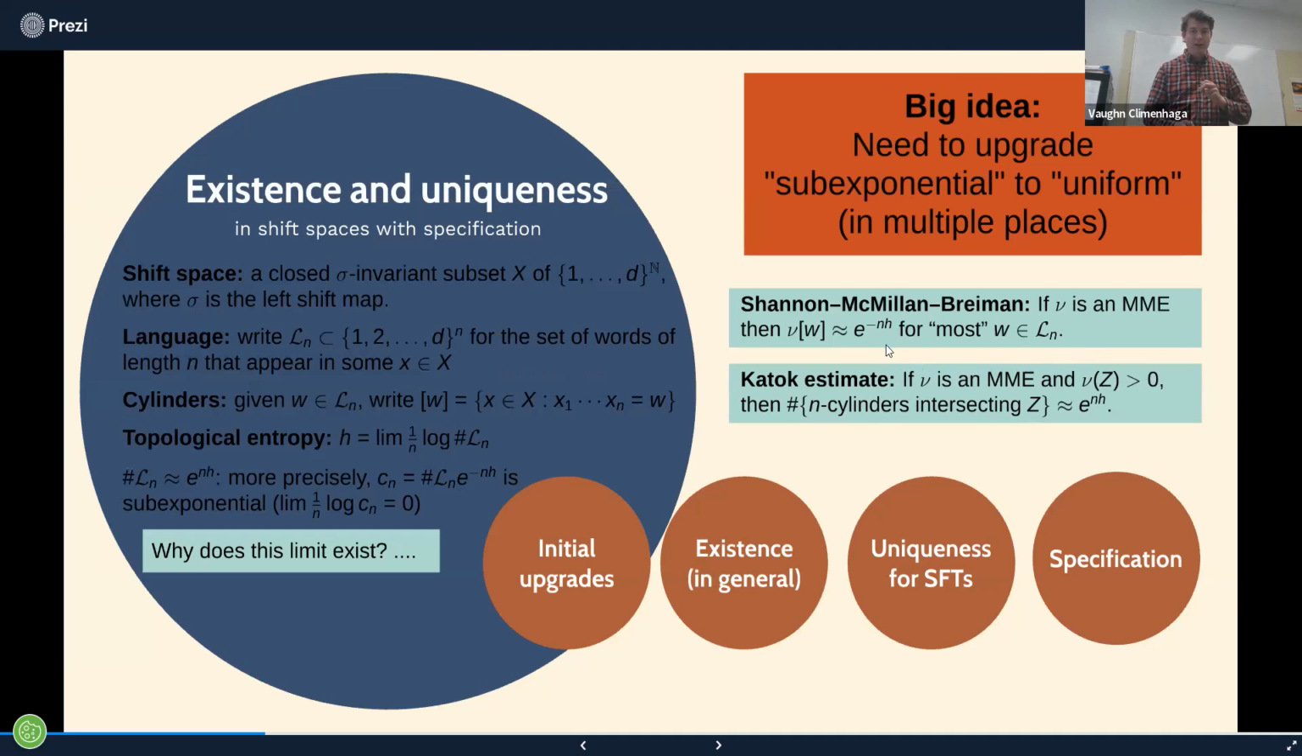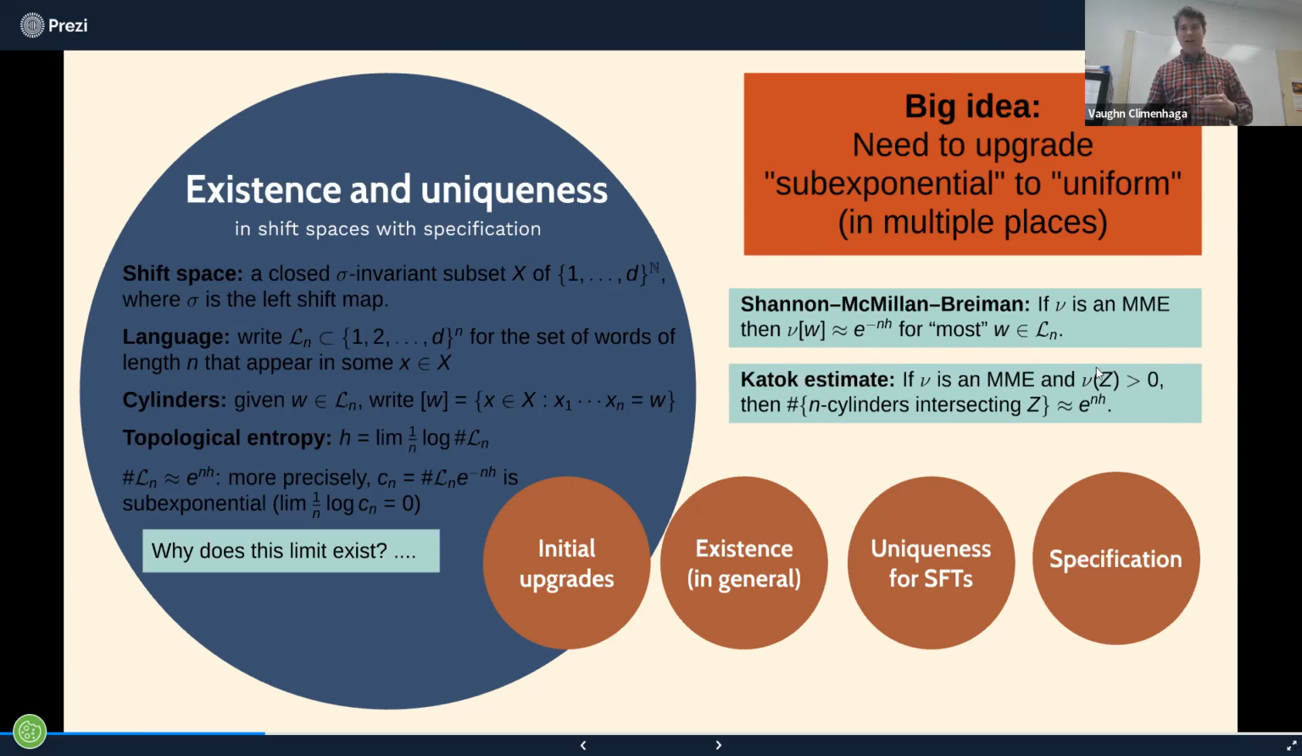But I do want to point out that this reflects the big idea from the first section. That is, equidistribution is the thing that maximizes entropy. Because what this is saying is that most words of length n have about the same weight, e to the minus nh. That's equidistribution. And then from this, you can deduce something that I'm going to call the Katok estimate,